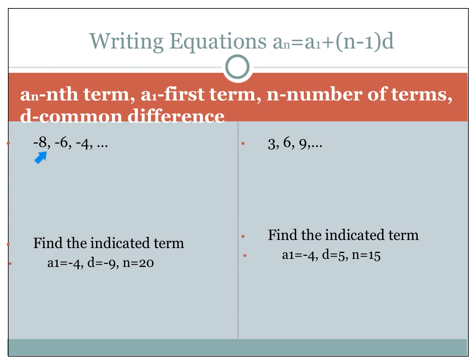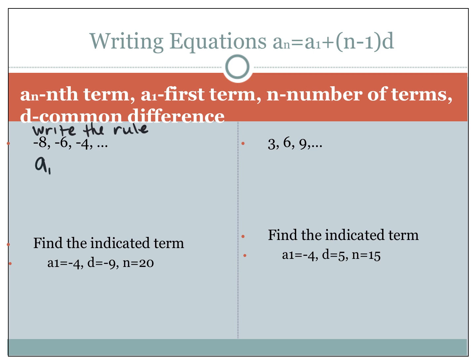So we can write a rule for these sequences that we looked at earlier. We can also find an indicated term. So here we're going to write the rule, which is an equation that allows us to put in any number we want. If I want a 25, I can plug in 25 to the equation and not have to try to solve it all out. So remember, you're watching me do this problem, and then you're doing the 3, 6, 9 problem